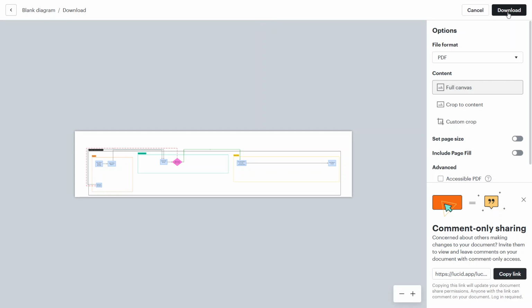And that's it. Your Lucidchart file will be saved to your computer in the format